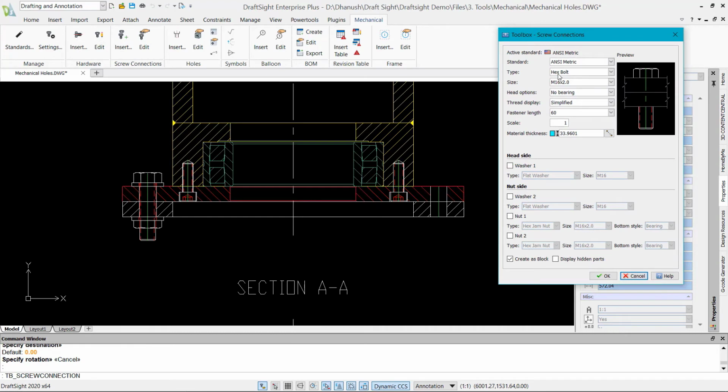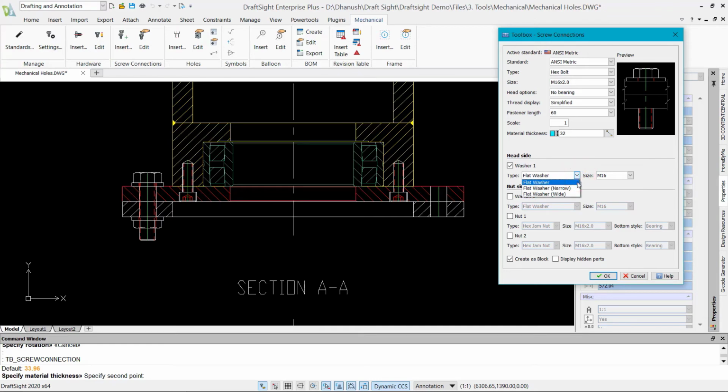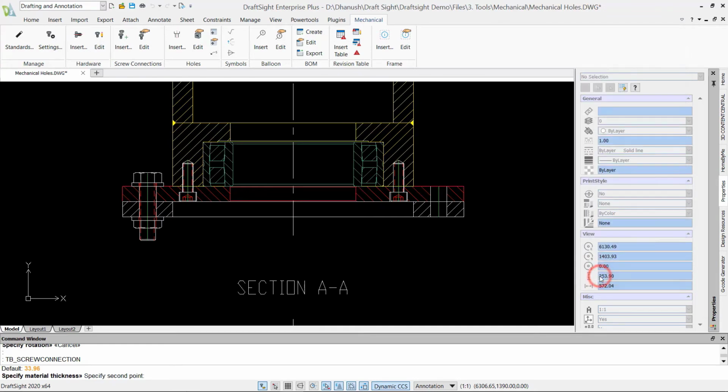Hardware options. The toolbox includes standards-based hardware components that you can insert into drawings. Screw connections. The toolbox screw connection dialog box helps you combine bolts and screws with nuts and washers using a single dialog box.